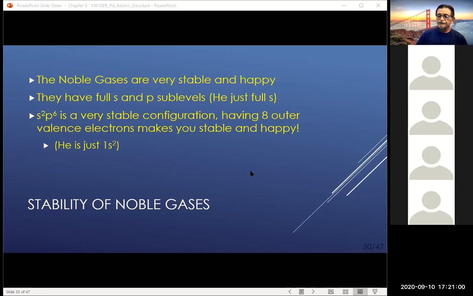If it's a metal, it's going to lose those electrons. So now its electron configuration is very similar to the noble gas behind it. Or if it's a non-metal, like chlorine or fluorine, it's going to gain an electron. So its electron configuration is similar to the noble gas in front of it. Now, that's the key word. I didn't say fluorine,